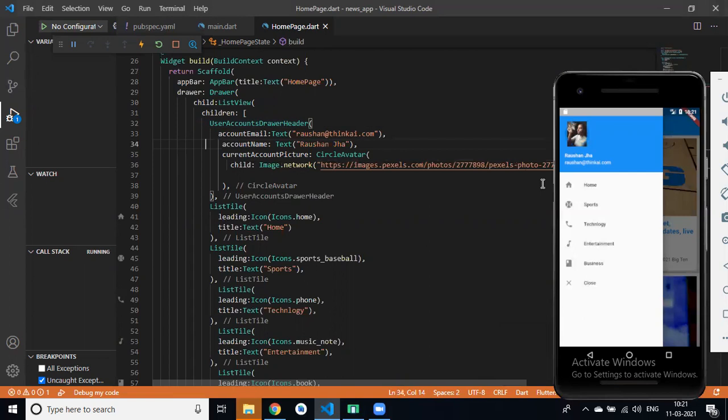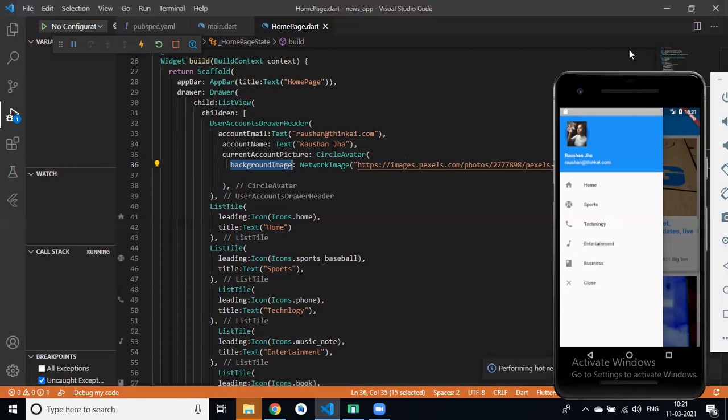Can you see that? Okay. So if you want to set our image in a circle avatar, you have to give background image, not child.